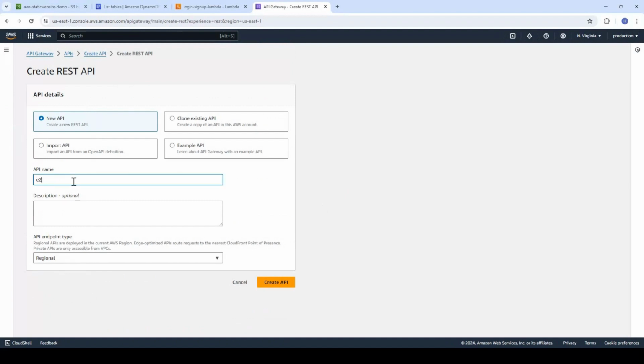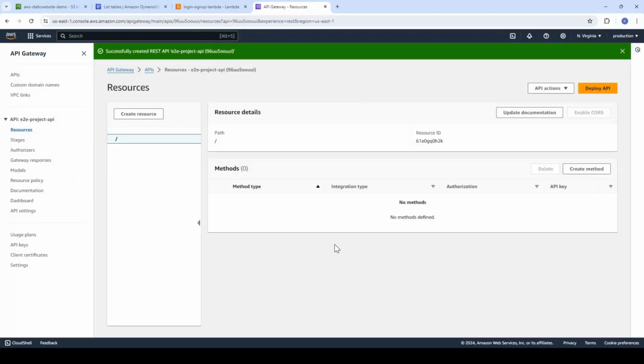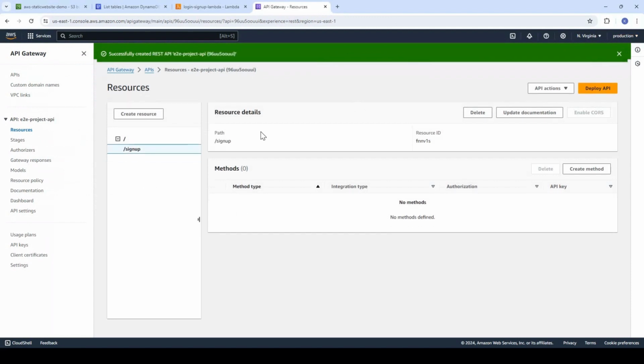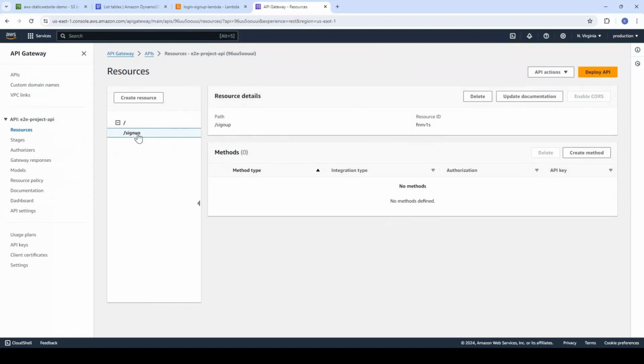Let us name it E2E project APIs. Create API. The first API resource that we will be creating will be sign up. Create resource. Inside the sign up resource, create method,